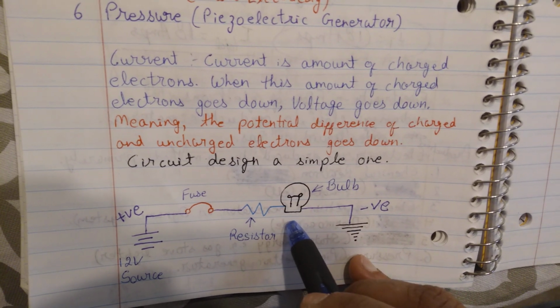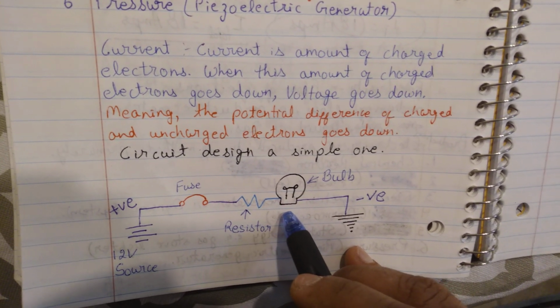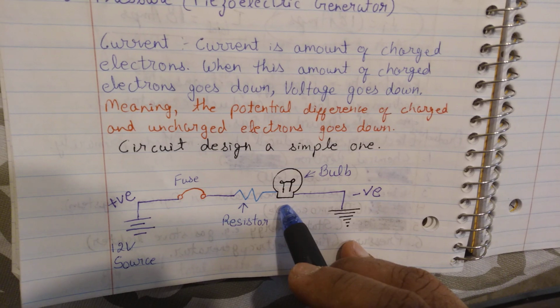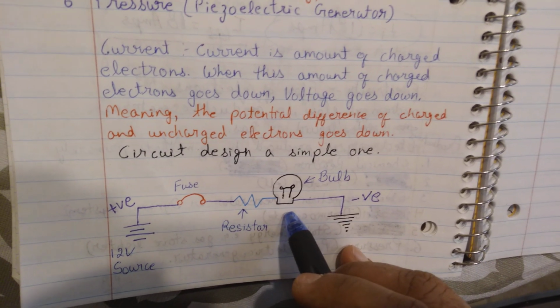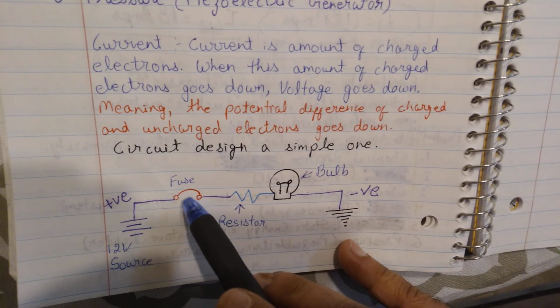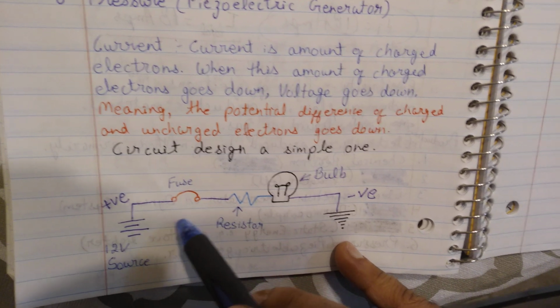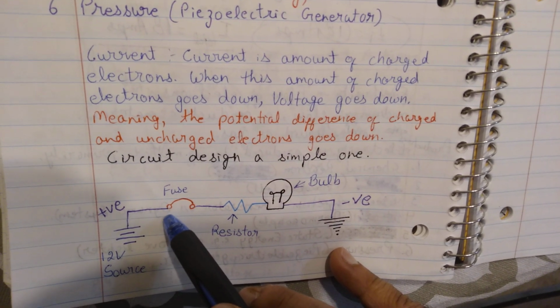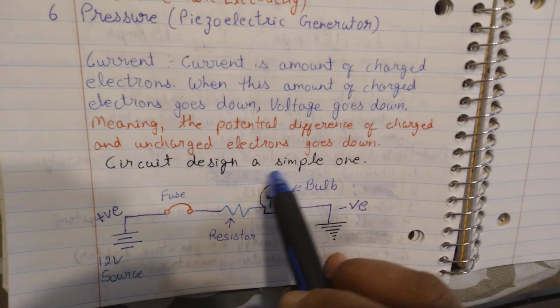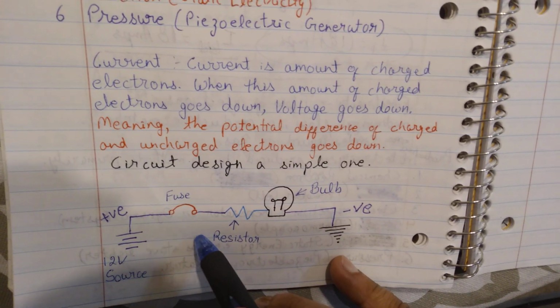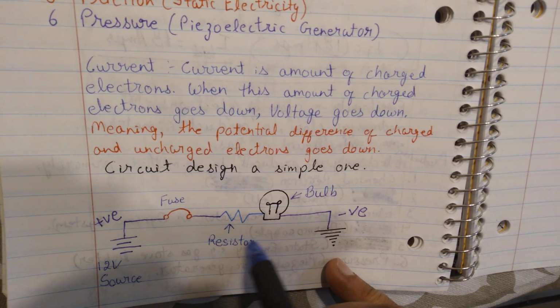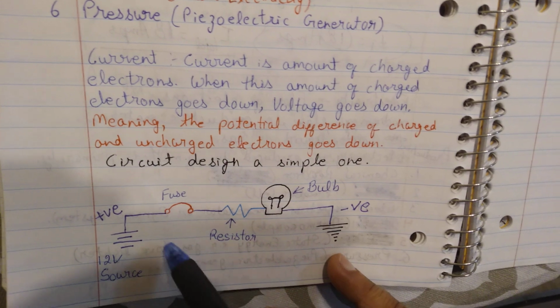If it is just a 10-watt bulb, then this fuse will be a smaller fuse. So this is the basic system of any electrical system, in which to protect the whole electrical system we must